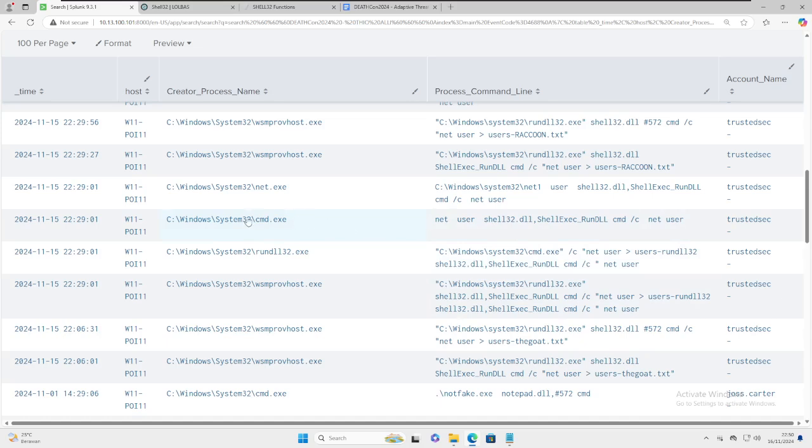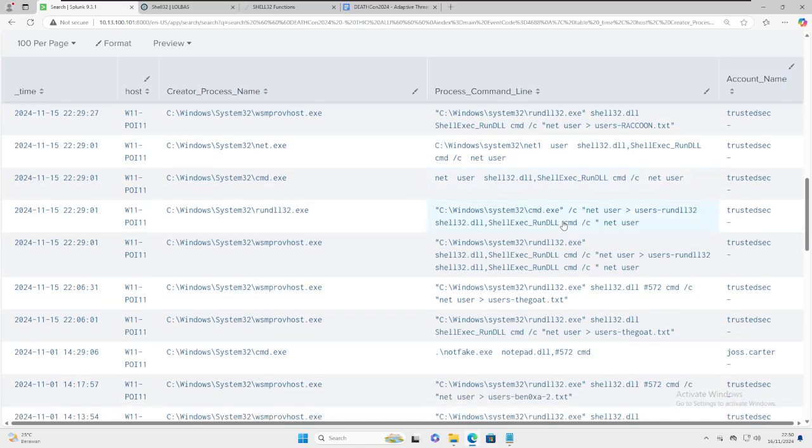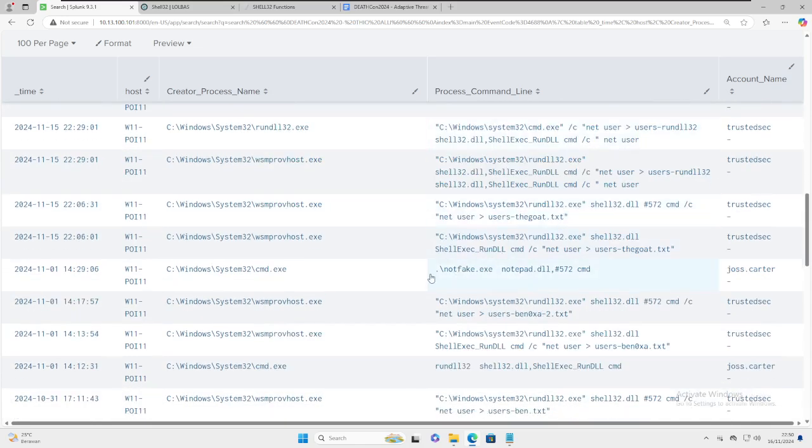The other one is using cmd, or the command from cmd.exe. It used net user with shell32.dll, ShellExec_RunDLL, and cmd to run the net user. And also this one for notepad.exe that uses notepad.dll to run the command.